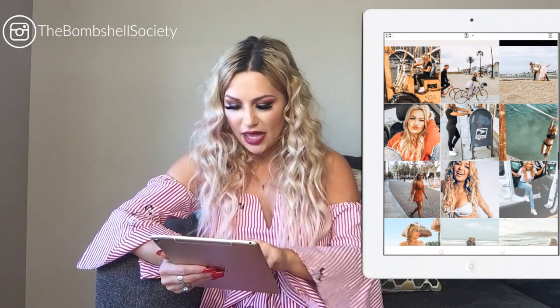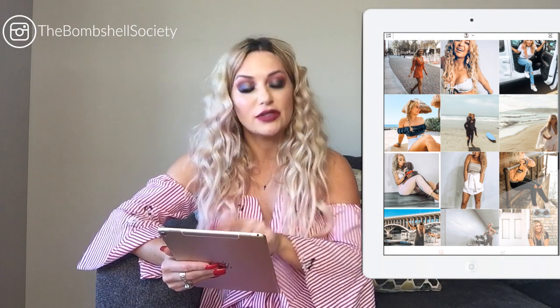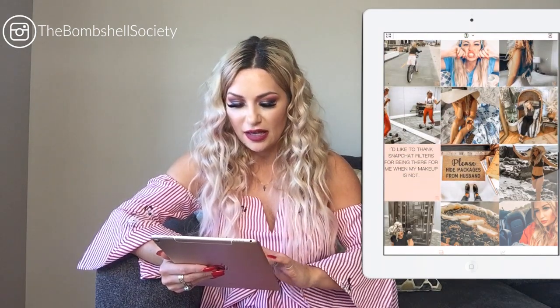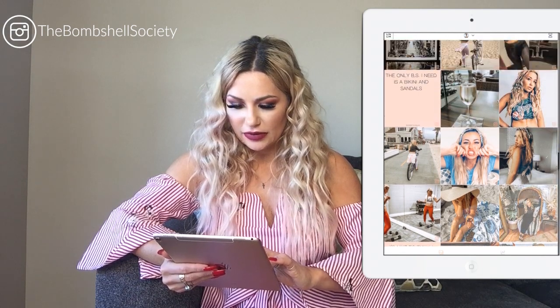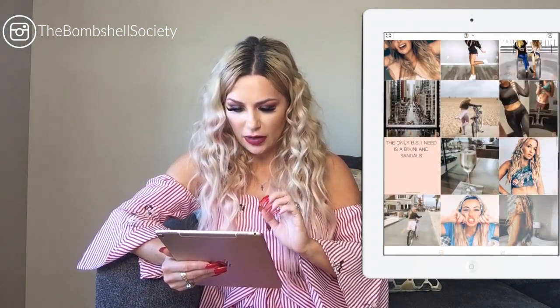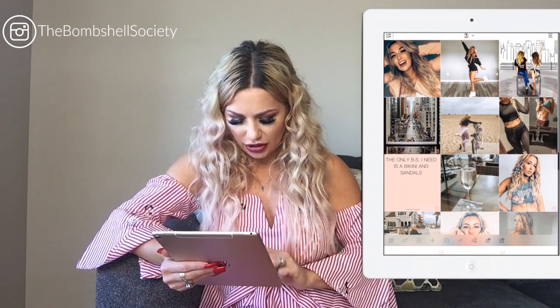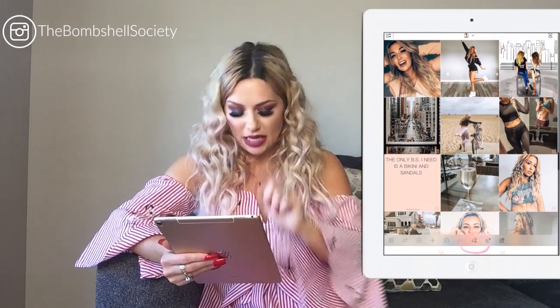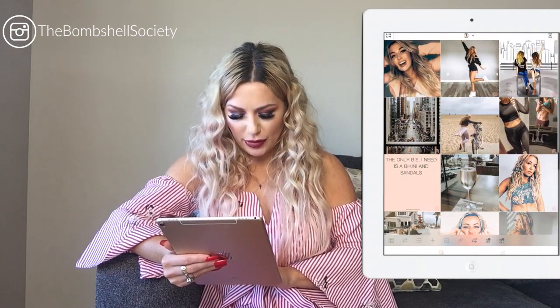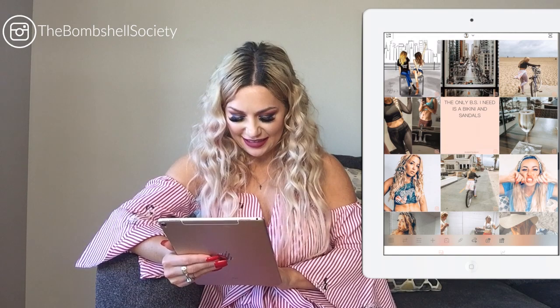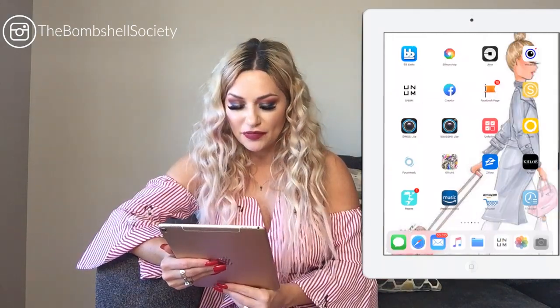So here are some pictures to come, which I haven't posted. And if it has a little Instagram sign next to it, those are pictures that are already on my feed. So what I did was I put the screen right where I wanted it, and then if you tap a picture and see the swirly arrow at the bottom, if you hit that, it'll move the pictures around for you. So I did that a couple times, just shifting the pictures while screen recording, and then I saved the screen record